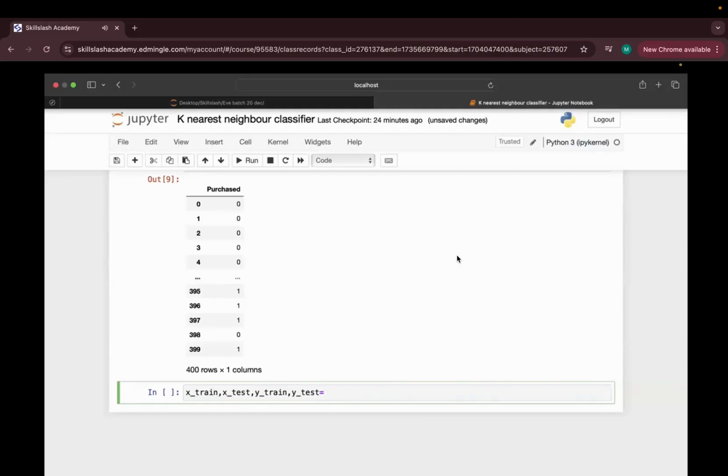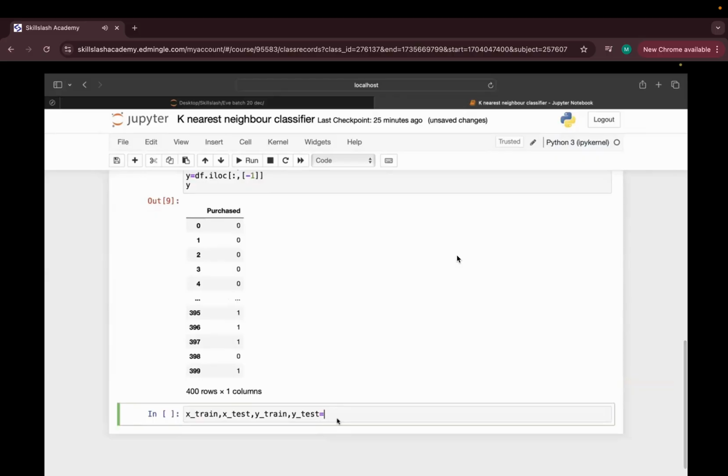This is something for us to understand. If you remember what we have done, we have given 4 different variables, all with the alignment like this. Once this is done, simply writing train_test_split.